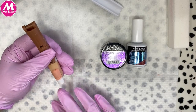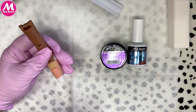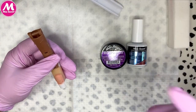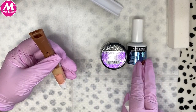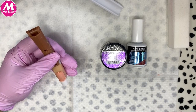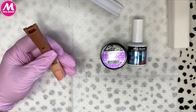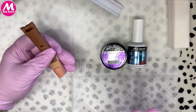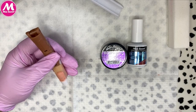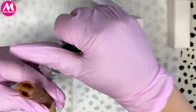Show you how to incorporate acrylic powder and Biobuilder Gel in one design. So I will be using my Gelux and I will also be using white acrylic powder and Biobuilder Gel to encapsulate my design. I'm going to show you guys how to do an encapsulated flower using my white acrylic and my Biobuilder. So first, we are going to use our nail prep